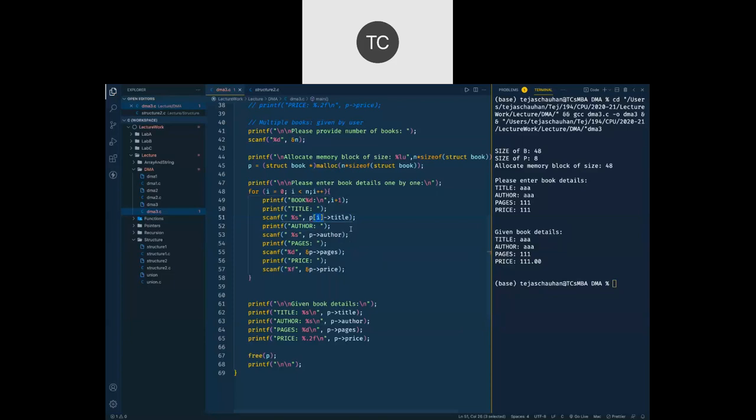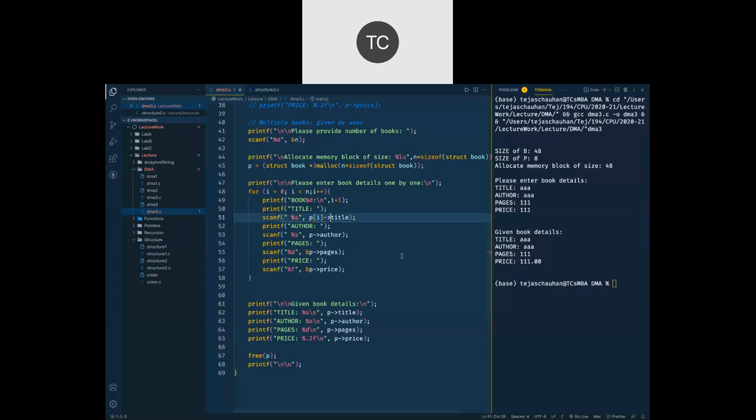Now remember, P is a pointer variable which points to the array of the structures. So P is a pointer, but when you access P of I, that ith element is not the address. Let me clarify this thing. P is a pointer, fine. So it is address. But when you access P of I, ith element is not the address, it is a normal structure element.